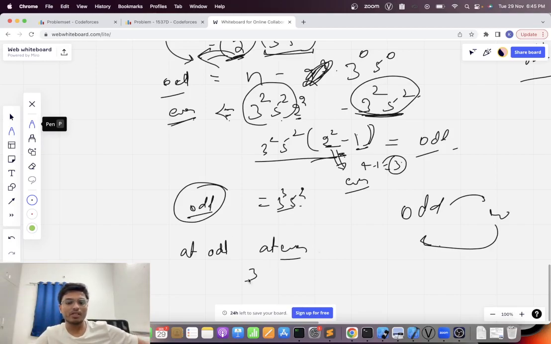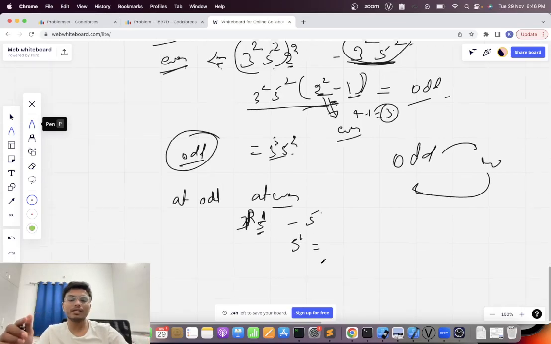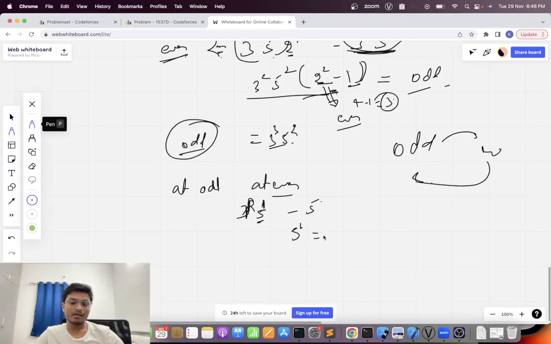Let's say I have 3's power 2 and 5 power 1, let's say 3's power 3 and 5 power 1. I need to subtract 5, then it again becomes odd and even. So at the last it will become, let's say, 5 power 1, it will become odd. Then I can't,